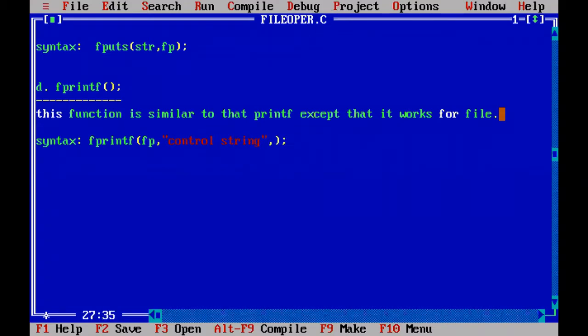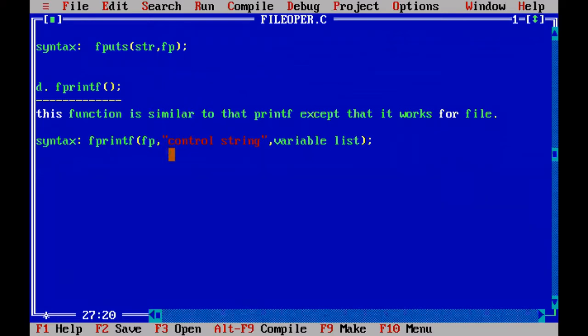You know what control strings are: %d, %c, %s. We write that control string, followed by the list of variables. If you remove the file pointer, this function is just like the printf function: control string and variable list. Except for this, we write one more argument, fp.